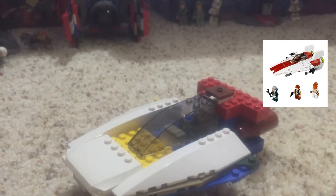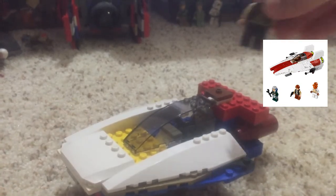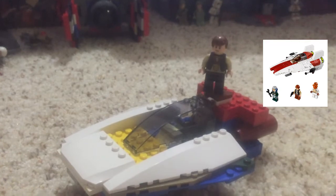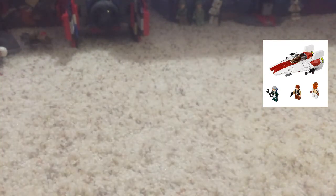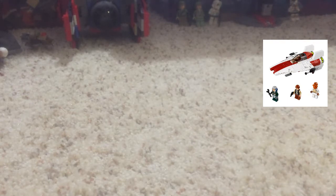So the A-Wing, this is the A-Wing, and I think it turned out okay. It's not as good as some of the other sets I rebuilt, but yeah. Next up is, so just like 5 sets, 6 sets, and